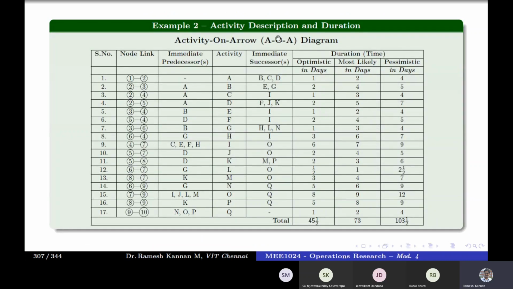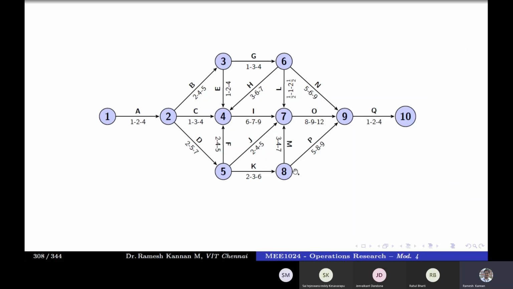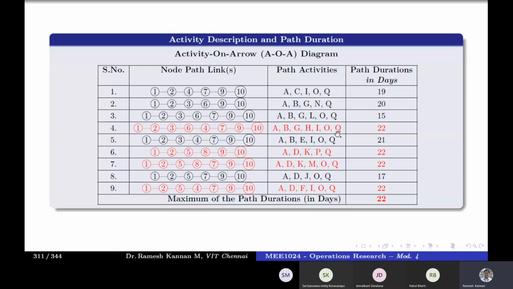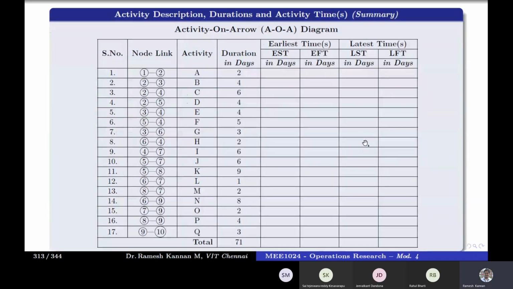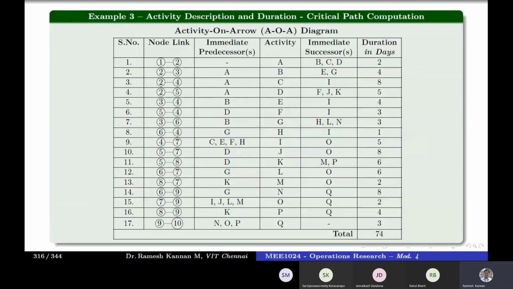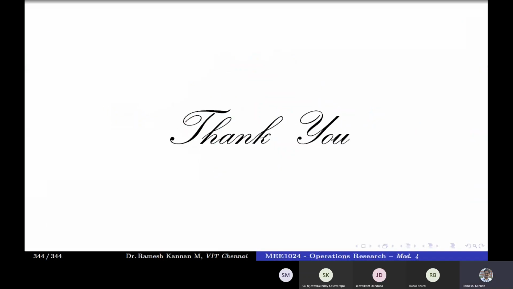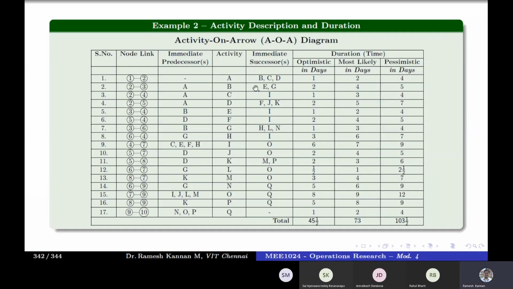And example 2, I've made this example 2 for you to practice. The optimistic, most likely, and pessimistic durations, if you see, the intervals are not the same, so the mean duration varies. Once you find the mean duration, you have to do the CPM. Then you can proceed with the problem. Yeah, so this is example 2, which has differential values.